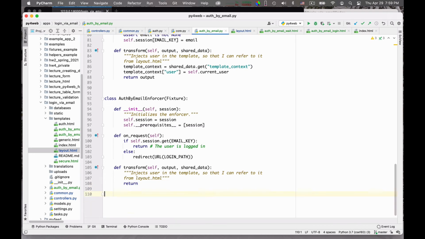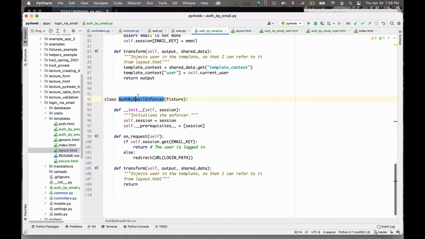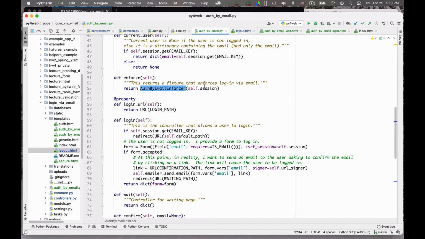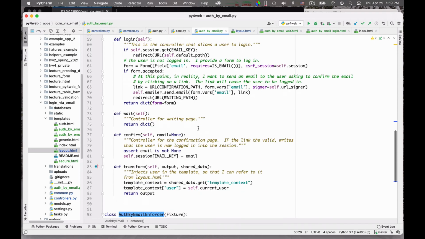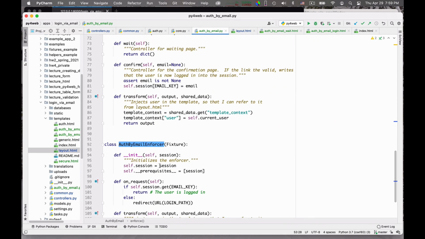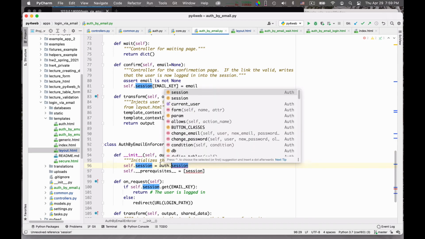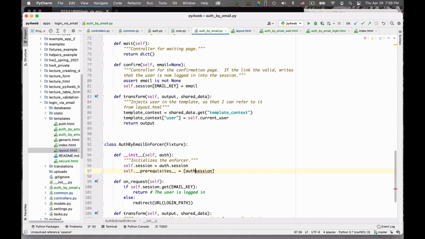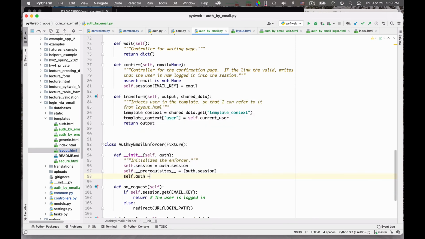so let me do something that is a shorthand. Instead of return of the self session, I do this of self. Okay, and so when I'm in the enforcer, the parameter that is passed is the auth object in this case, and so here you have auth.session, here you have auth.session, but the trick is that I can do self.auth is equal to auth.